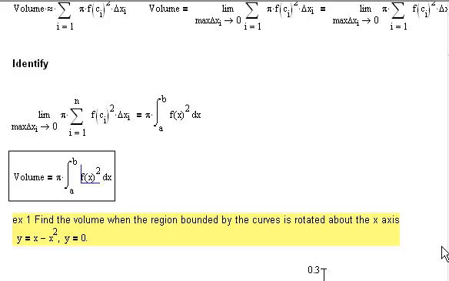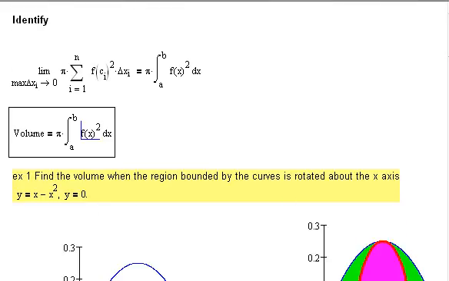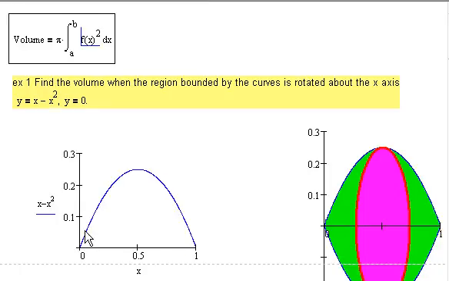So I hope you can appreciate how cool the things we're about to do are. We're going to say find the volume when the region bounded by the curves is rotated about the x-axis, and the curves are y equals x minus x squared, a parabola opening down, and y equals 0. Well, this is the parabola opening down on the interval 0 to 1, and so that's what we're going to